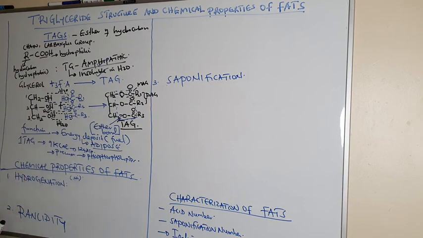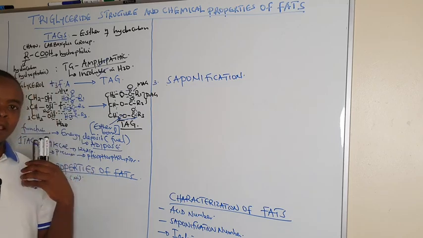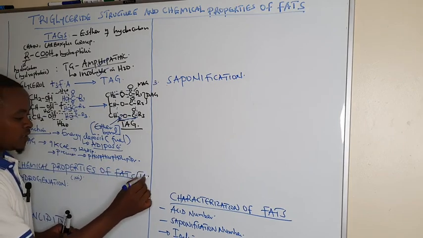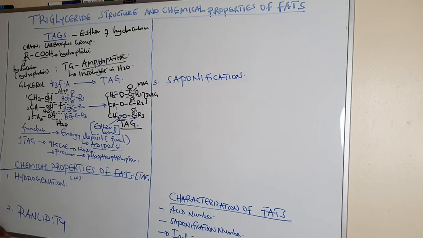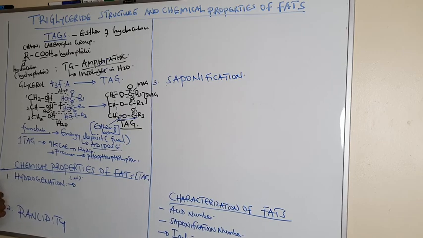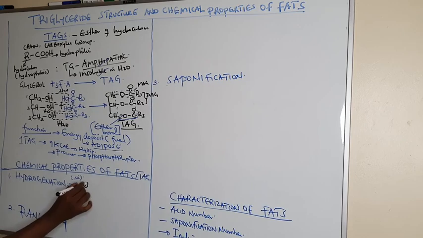So after looking at this, now we are going to look at the chemical properties of fats, or triglycerides, or what we can call fats in general, or oils. And one of the properties is hydrogenation. And what is hydrogenation? Hydrogenation is addition of hydrogen,